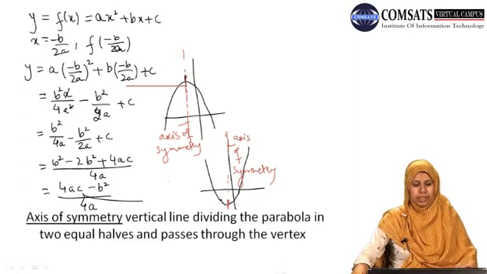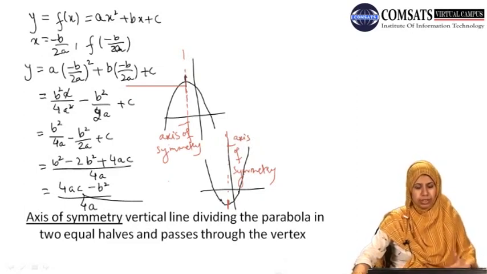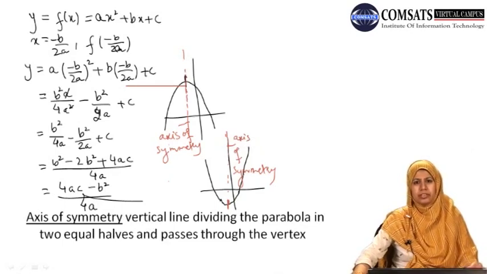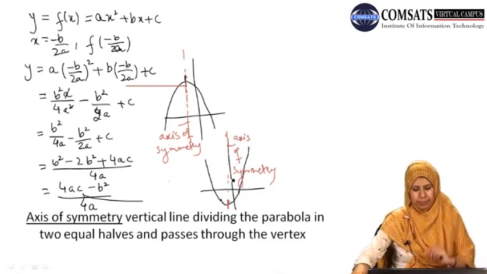Up to now we have only studied the definition of the vertex, or in particular we have seen the coordinates of the vertex, which are x coordinate minus b over 2a, y coordinate 4ac minus b square over 4a, and we have seen that given our x coordinate, minus b over 2a, how we can find our y coordinate. And the axis of symmetry is a vertical line passing through the vertex, and divides our parabola into equal halves.